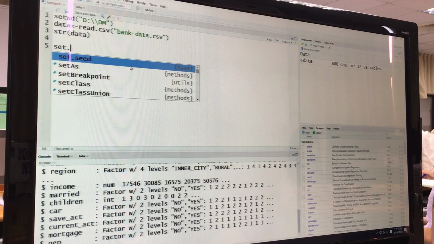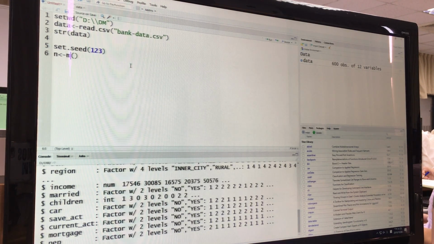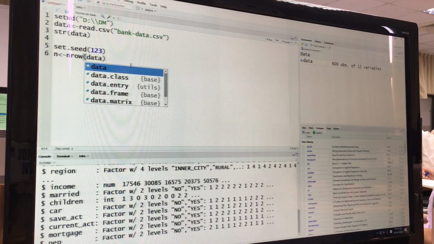And the second step, we have to set a seed because we only have one data set. We want to divide it into two data sets. One is for training, the other for testing. So first of all, we have to know the total number of this data set. So we use the nrow function to know how much data